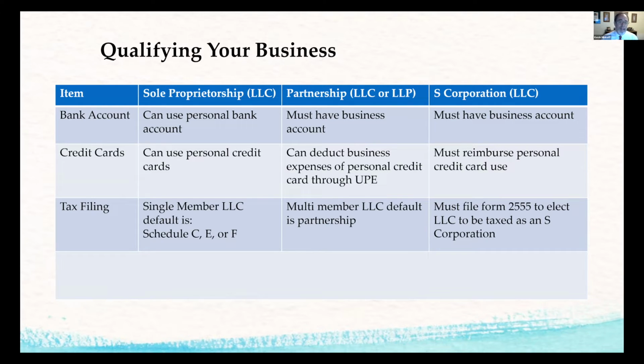Now, tax filing is done as a sole proprietor. If you've registered an LLC, it's important to know that the LLC does not exist for tax purposes. It's merely a liability protection device. It allows you to gain a little bit of creditor protection to have an LLC and have your business operating as such. But an LLC, if it's a single member,